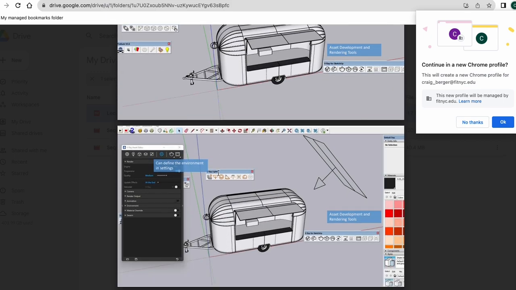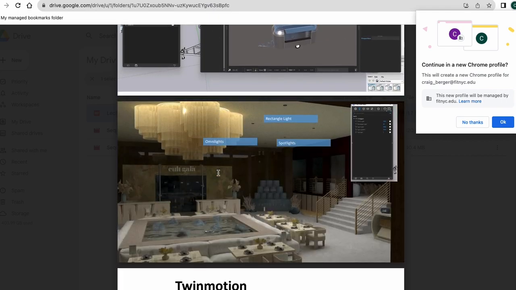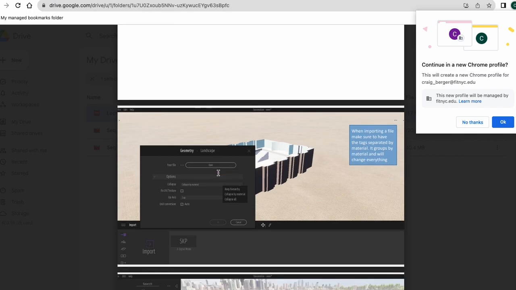Here's V-Ray. V-Ray is the other really popular rendering tool. Like V-Ray could do stuff like this. Yeah. All right, so here's Twinmotion. Twinmotion allows you to import a file in, and it will import it in